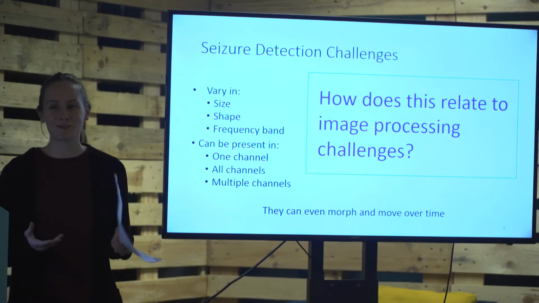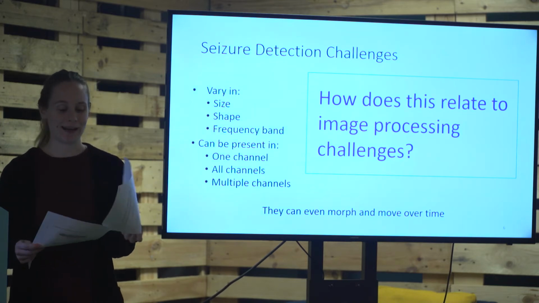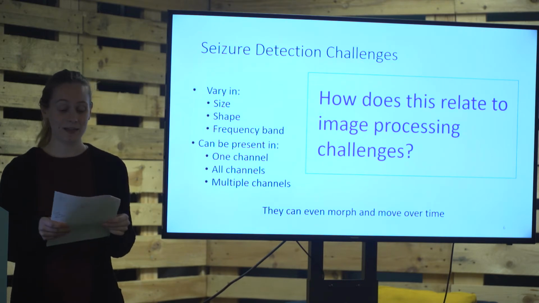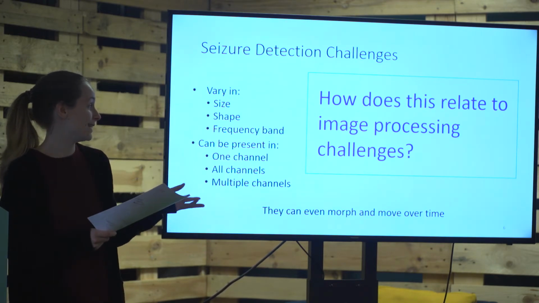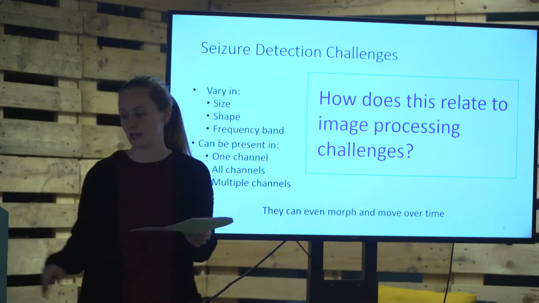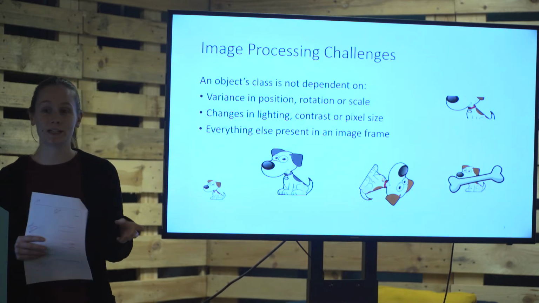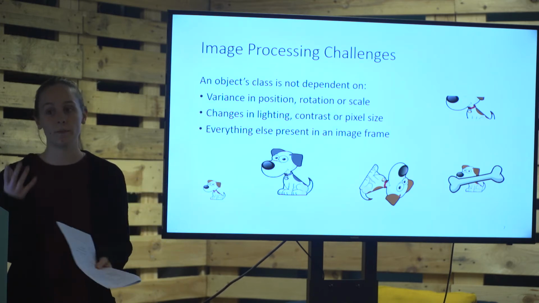So how does this relate to the CNN, or the image processing challenges? That's what I wanted to look at next. Where do we see this kind of variability elsewhere in data and analytics tasks? Where do we see these kinds of characteristics in image processing challenges? In image processing challenges, often we're trying to look for the class of an image. So we're trying to say this is an image of a dog or a cat or a mountain or a